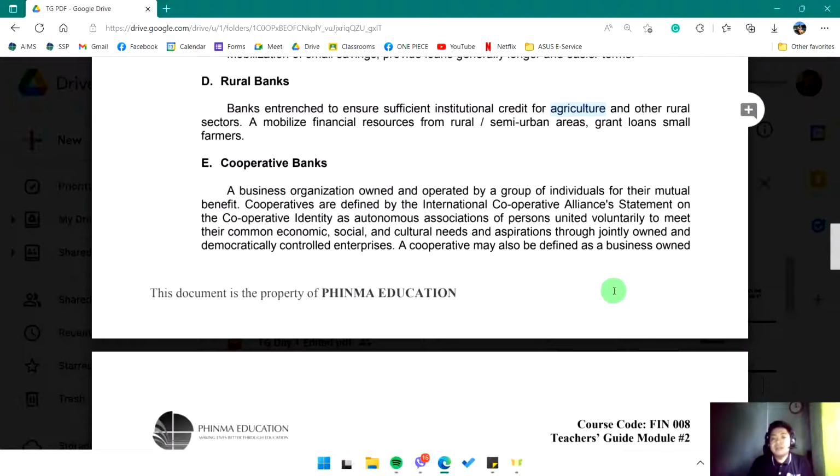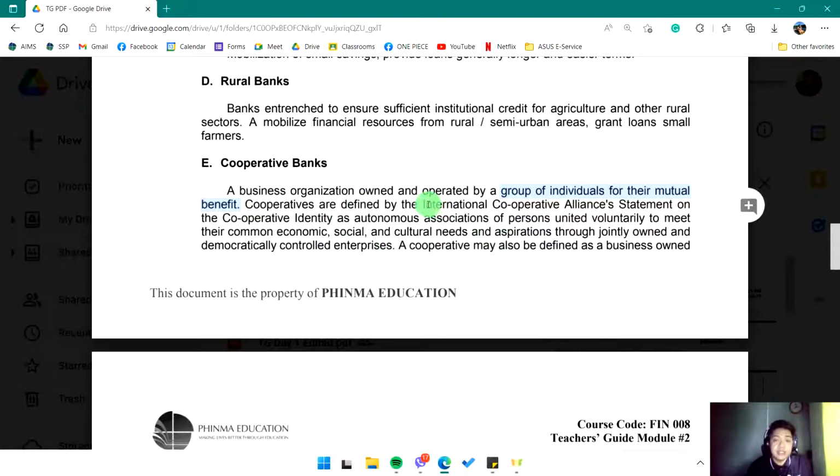Next, we have here the cooperative banks. Cooperative banks, typically it is run by a group of individuals for their mutual benefit. So ito yung siguro kadalasang makikita sa mga areas natin, yung co-op na sinasabi natin. Yung co-op na sinasabi natin, usually run by group of individuals for their own mutual benefits. And of course, itong mga co-op na sinasabi natin, they are